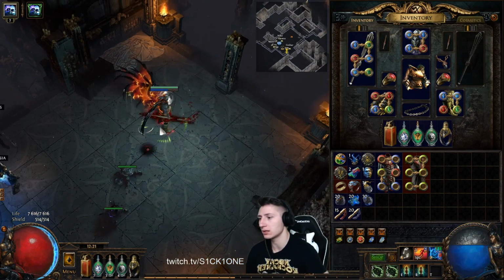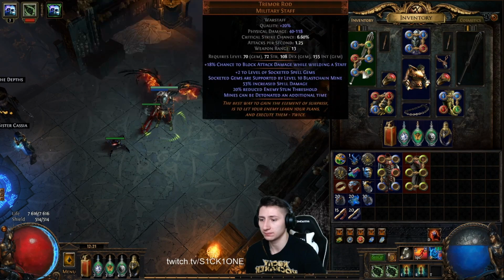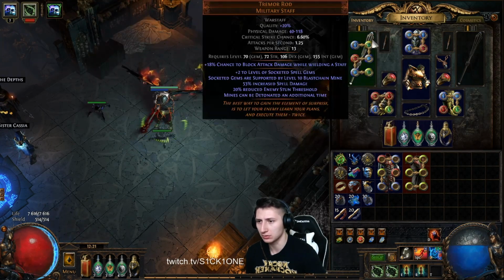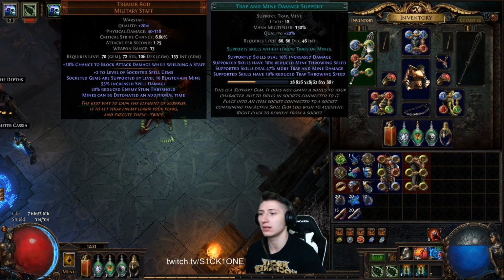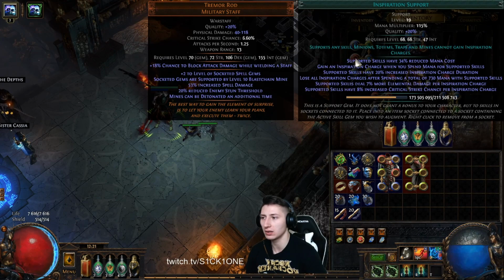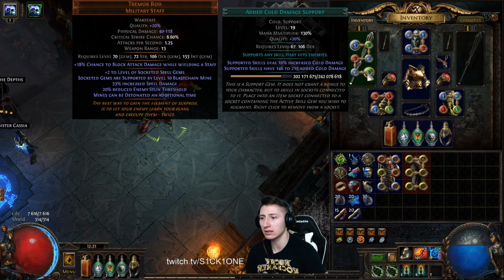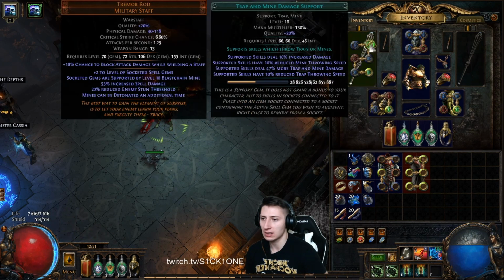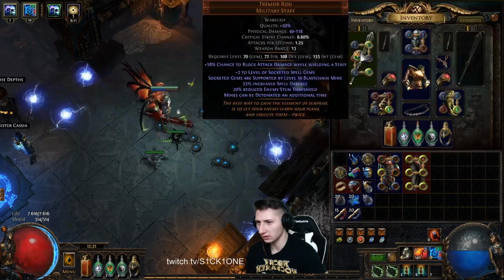Okay, maybe let's go through the skills. I have Ball Lightning. For mapping I was using Trap and Mine damage. It is not fully leveled, as you can see. So Ball Lightning, Trap and Mine damage, Minefield, Inspiration, Lightning Penetration, and added cold damage to give some chill effect. For the boss fights I was swapping to Slower Projectiles, compared to the faster projectiles on the maps,